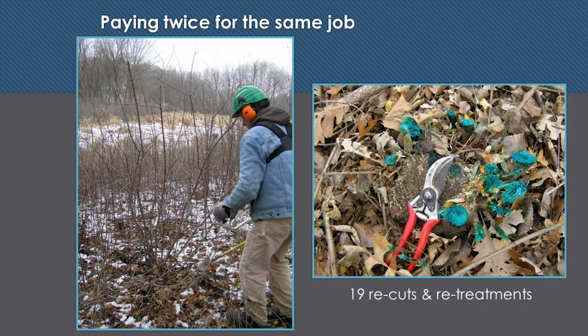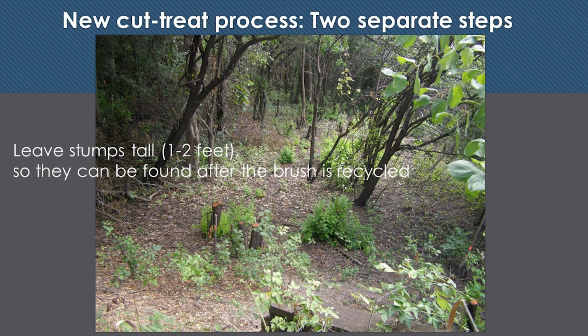So we have a new method in Minnetonka, and I hope I got the right slide here. Yes, I got it. So the new method is, this is the Minnetonka method for cut and stump treat. And cut and stump treat is the easiest way to control buckthorn of all the methods there are, and cut and stump treat is on your yellow sheet, right smack in the middle, right after the time to apply chemicals. Maybe we should talk about the time to apply chemicals first. The time to apply chemicals is any time from August all the way through fall, all the way through winter, and all the way up to the end of March, maybe just a little bit into April.